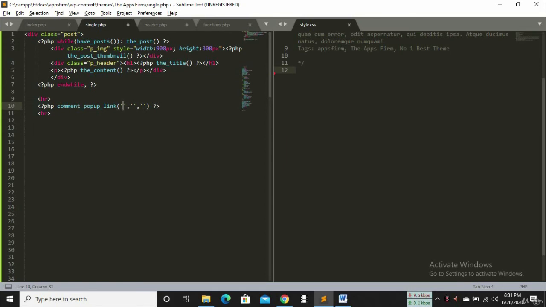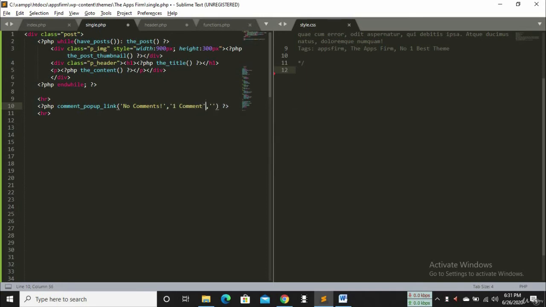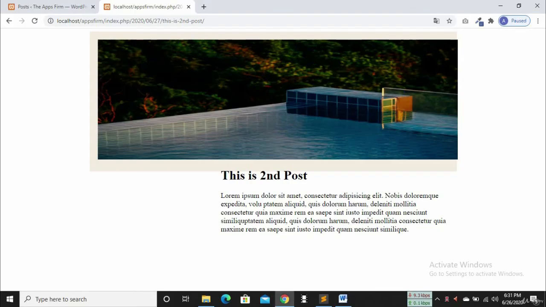The first one is, if no comment is available, then what will show on our front end website? It will show no comments. If one comment is available, then show one comment, the middle one is for one comment. And if more than one comment is available, then it will show percentage comments. Percentage means the number of comments. So if we save and reload our website now,